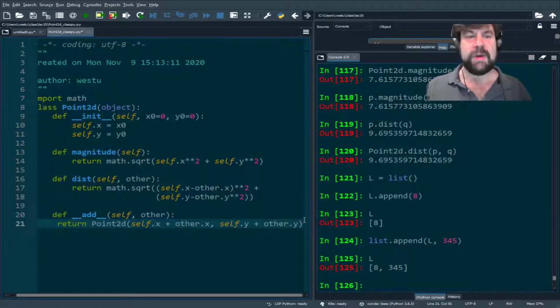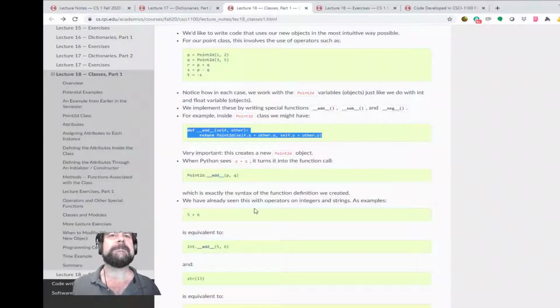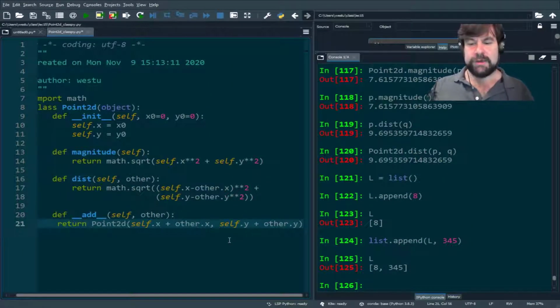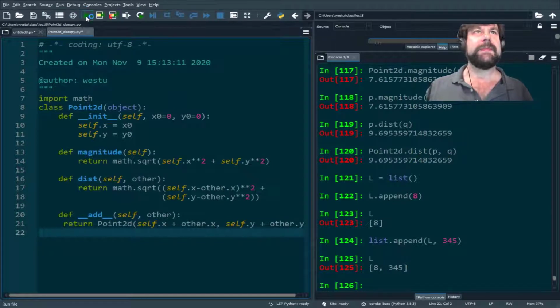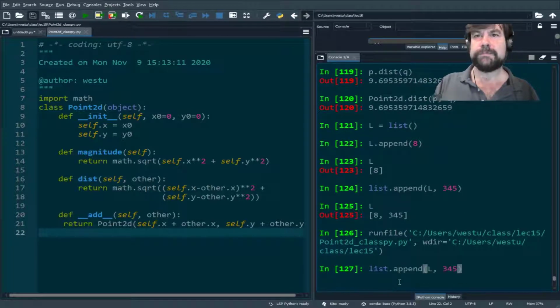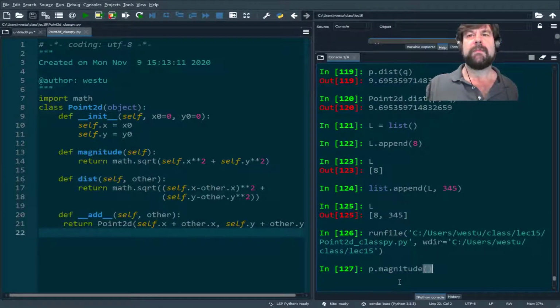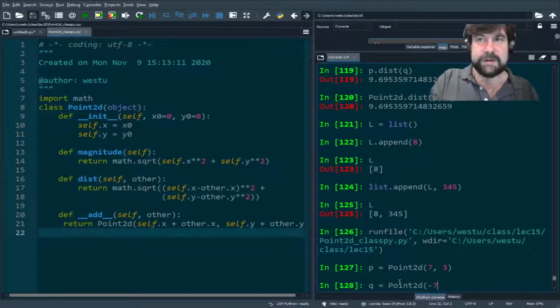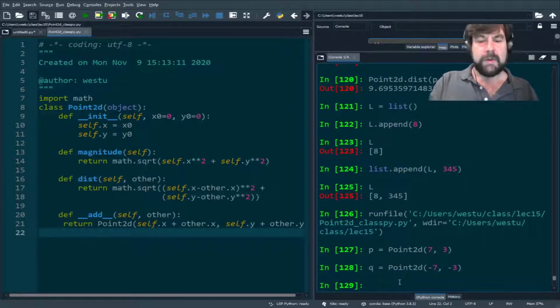We can do the same thing with other operations. Well, I guess that's where we start, right? So we'll do this one. Let's run that. And now we can do our P and our Q. Like I said, sometimes it doesn't make sense to go too far back. Q equals Point2D, minus 7, minus 3. Why not? That'll give us a nice easy one. And now we can do P